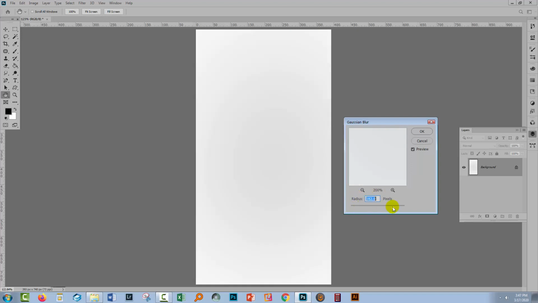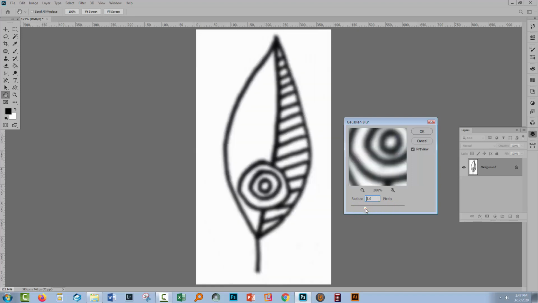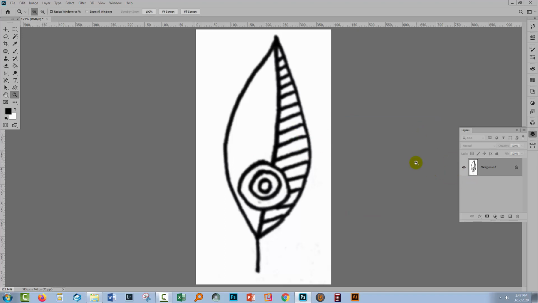Now you don't want to go all the way because that will just make it all grey. You just want to get a softening of the edge because that's going to give your final custom shape a softer edge. It's going to be more rounded and less jagged, if you like. So I'm thinking something like 2.1, 2.2 is going to work for this particular image. I'll click OK. So now our image is fuzzy